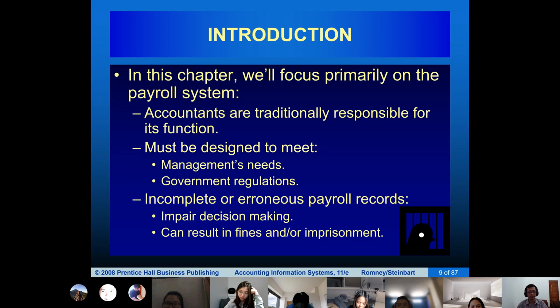Although accountants usually only deal with payroll, payroll needs to be treated carefully because it needs to be designed to meet management's needs and government regulation, especially with minimum wage. If you violate that regulation, it could result in fines and or imprisonment. Okay.